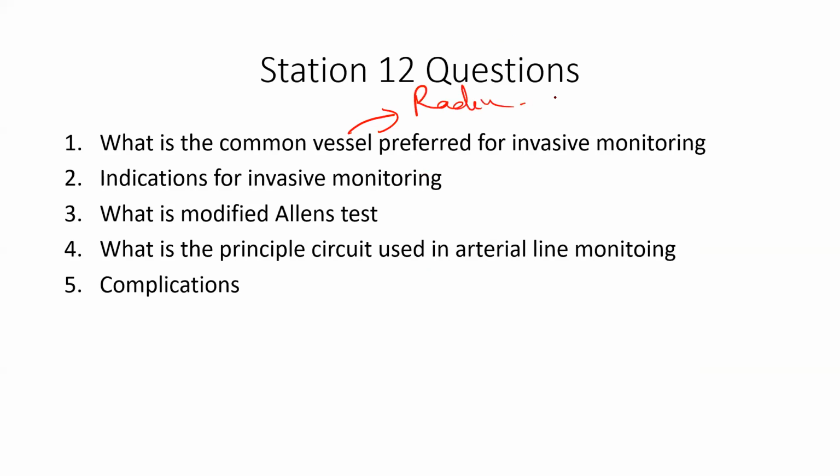What are the other locations where you can use invasive artery monitoring? Dorsalis pedis, okay. Brachial artery, right. Femoral artery. Okay, fine. Femoral artery is basically not utilized because of technical reasons. Because it is in the inguinal region, it can get kinked. So you can use dorsalis pedis, posterior tibial, ulnar, and brachial artery. These are the common sites of invasive monitoring.